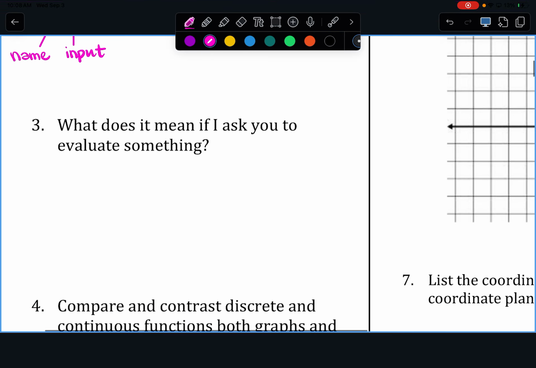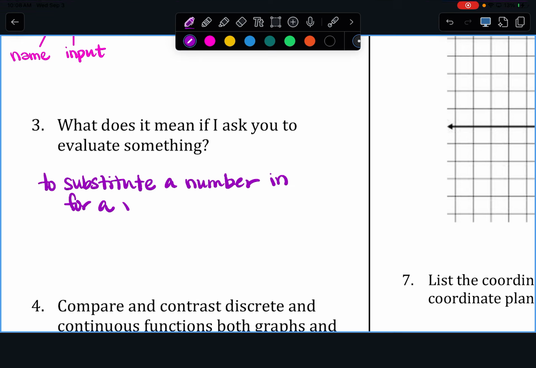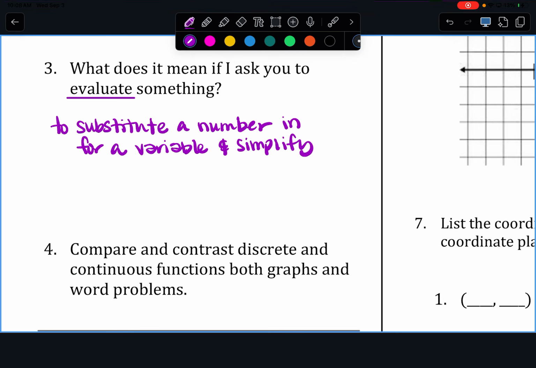All right, what does it mean if you're asked to evaluate something? That means to substitute a number in for a variable, and usually simplify. You're plugging a number in and then answering the question. So to evaluate means to substitute a number in for a variable and to simplify. For example,